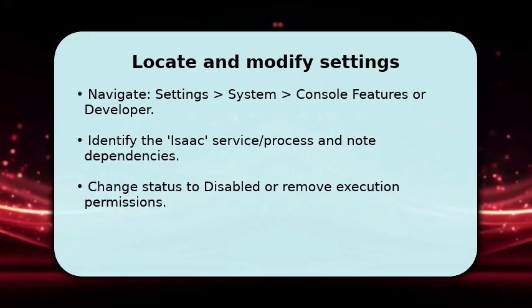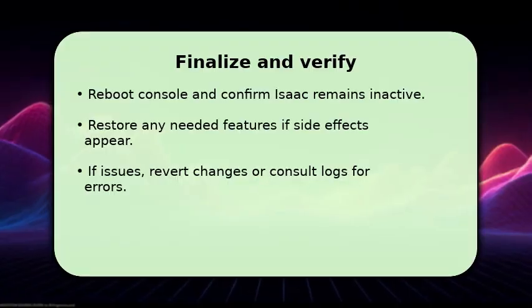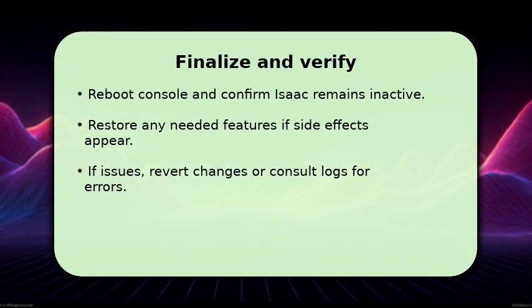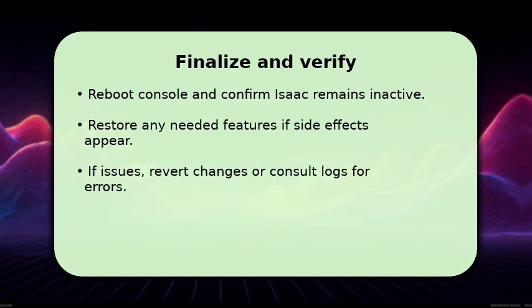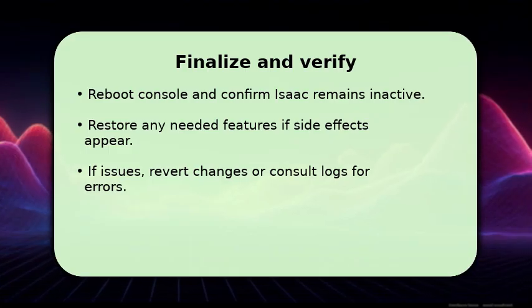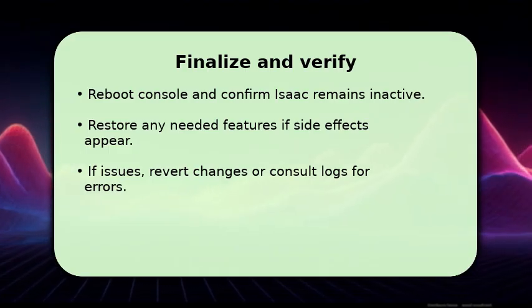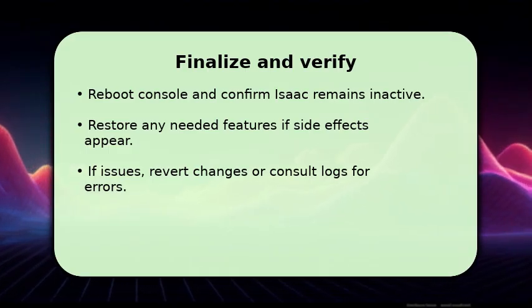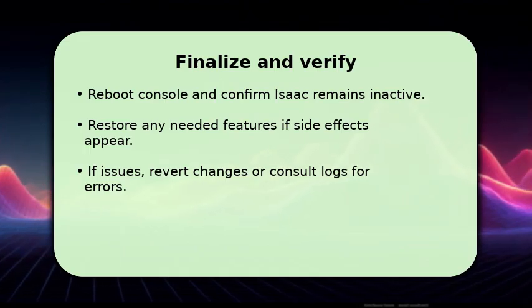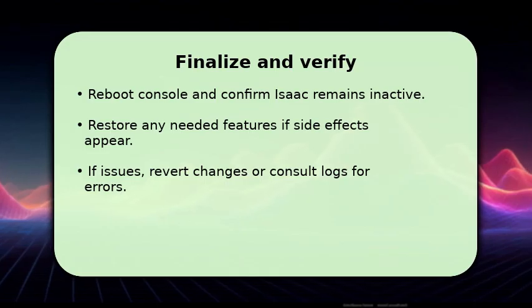You finish by rebooting the console to ensure ISIC stays inactive across restarts. This verifies the disable was successful. Once rebooted, test typical functions to confirm no critical features were unintentionally affected, and restore any necessary settings if you see problems. If ISIC still runs or the system shows errors, check system logs for permission or dependency failures, then